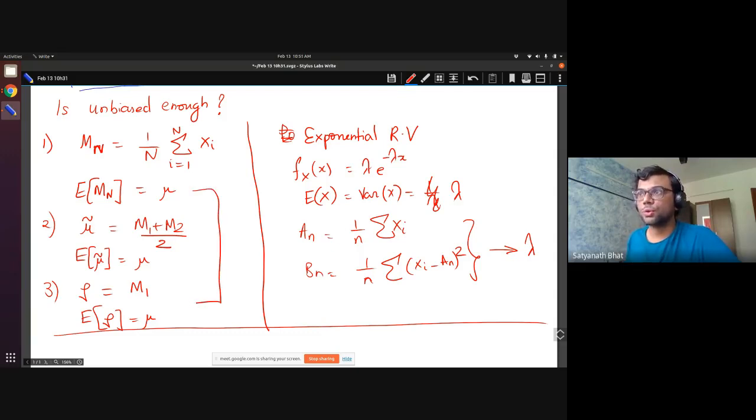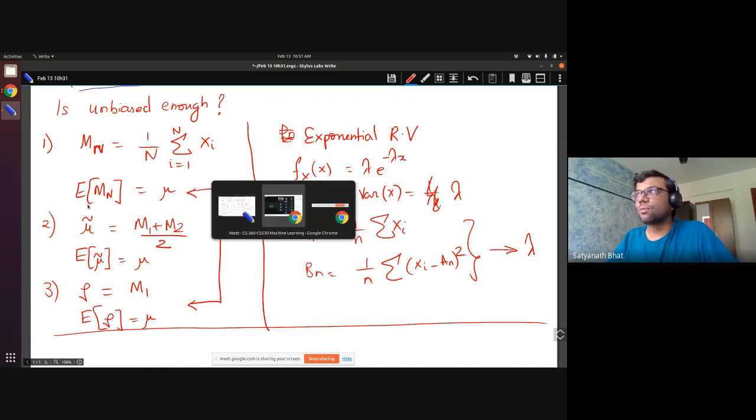So now the issue is, can you tell me which of the two would you use? Intuitively speaking, I have n data samples. I will take the average here versus I will take just one data point. Which of the two will you use? Will you use 1 or 3? You can just type it in the chat. What do you think is a good choice? 1 or 3?